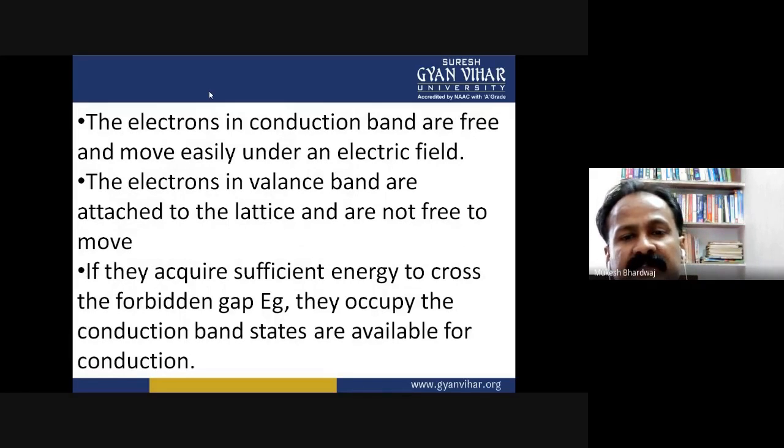The electrons in the valence band are attached to the lattice and are not free to move. If they acquire sufficient energy to cross the forbidden energy gap, they occupy the conduction band and states are available for conduction. So a minimum amount of energy is required, and if that amount of energy is gained by an electron which is externally provided, then and only then